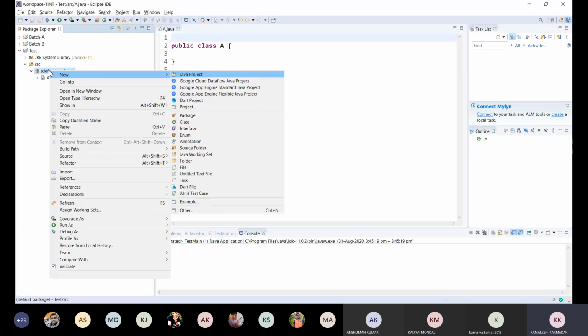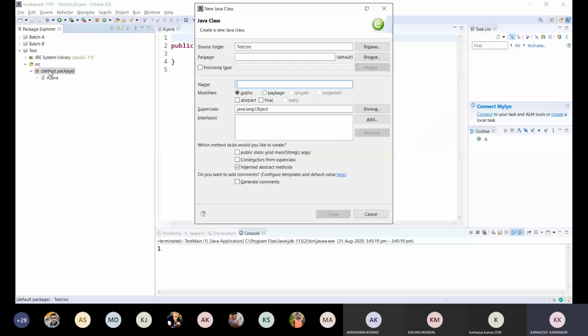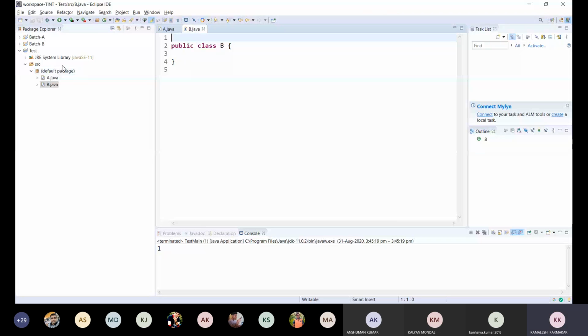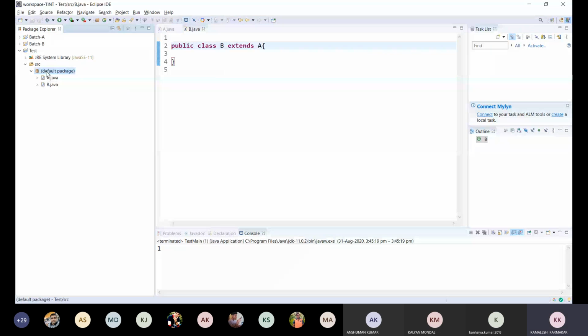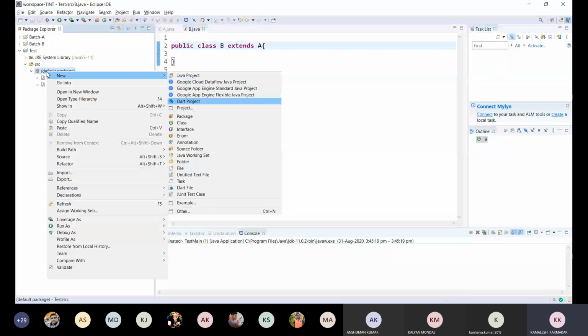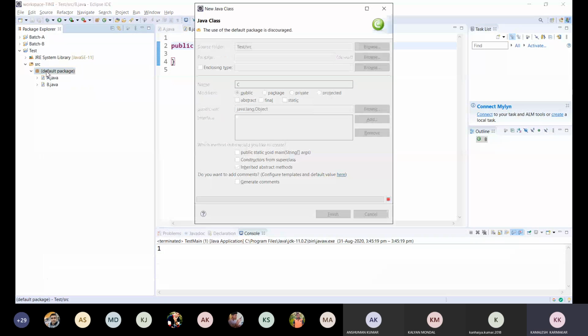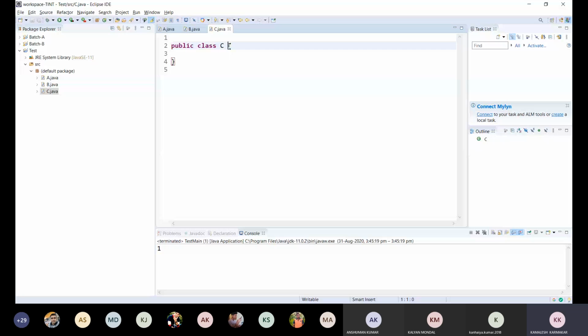I'm creating another class B. B class inherits class A. So A is the topmost class. B is inheriting A class. Now I am creating another class C, which will inherit class B.